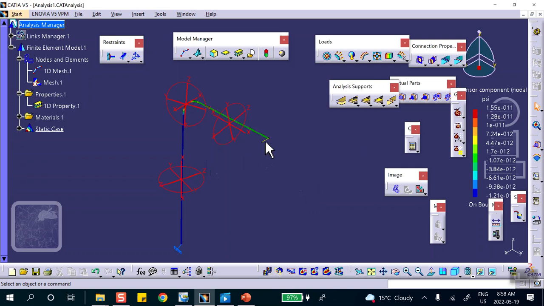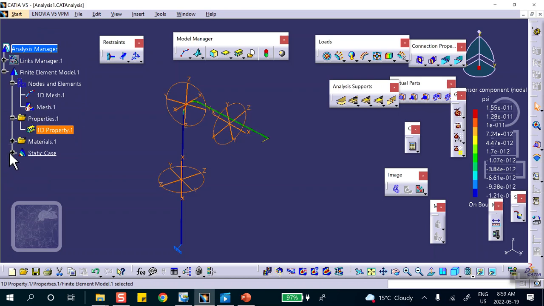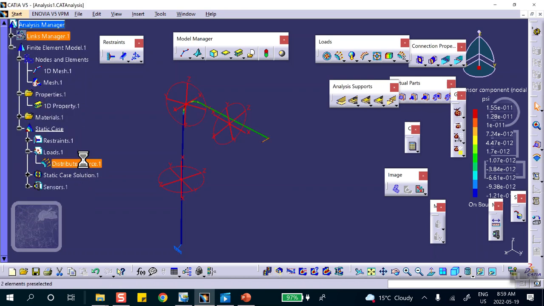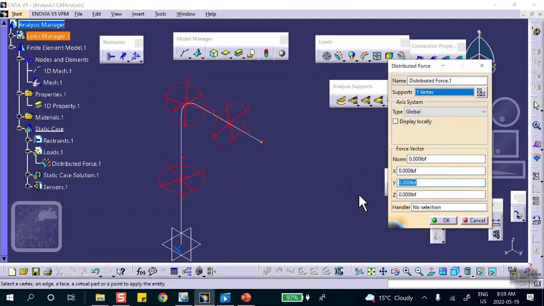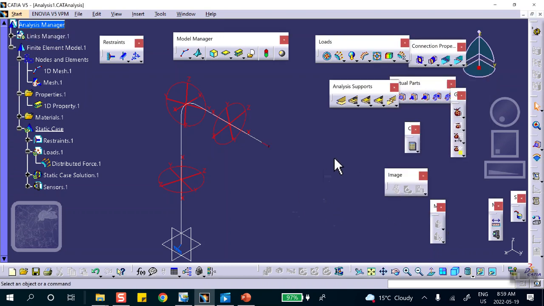If you apply the load along this direction, it's very easy to check. Let me see for a second. Let me go to load. Where's my load? Static case, load, distributed. Instead of in the x direction, let me put it in the y direction for you. This is 0, and this is 2000 in the y direction now. Okay, so obviously if I run it,